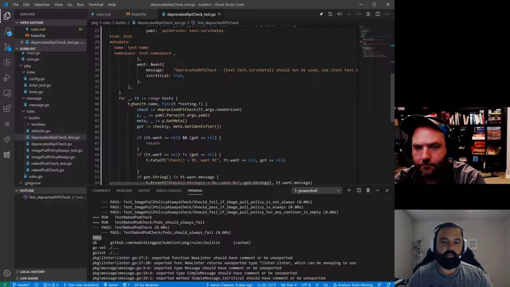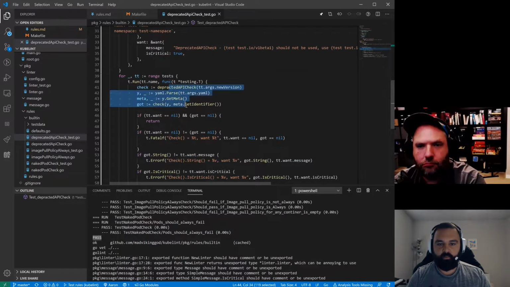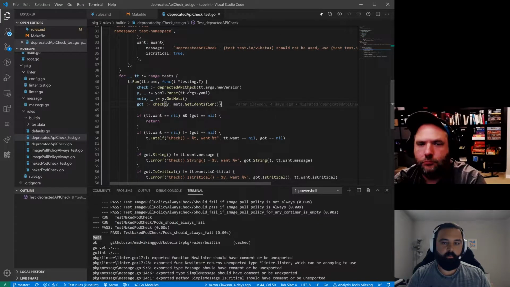And then at the end here, we do a for loop over that list of tests, that slice of tests, and run subtests underneath. That's what the t.run does. And then this is the actual meat of what our tests do. So in this case,